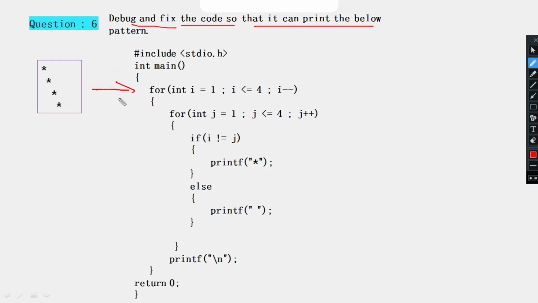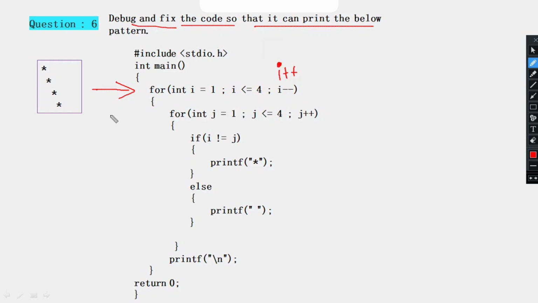So here is the for loop which is going from int i equal to 1 to 4. Okay, and in every iteration it is decrementing the value of i. So we are going from 1 to 4, and in every iteration value of i will decrement. That means in second iteration value of i will be 0, in third iteration value of i will be -1, and so on. So this loop will iterate infinite times. Okay, so instead of this post decrement there should be i++.